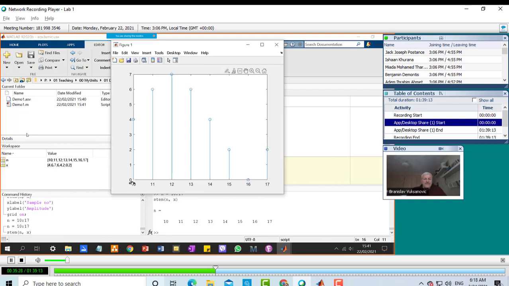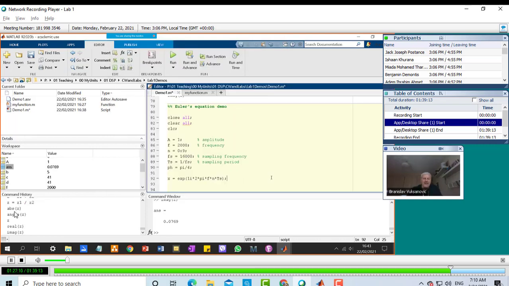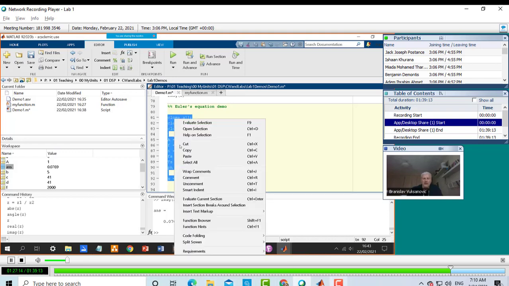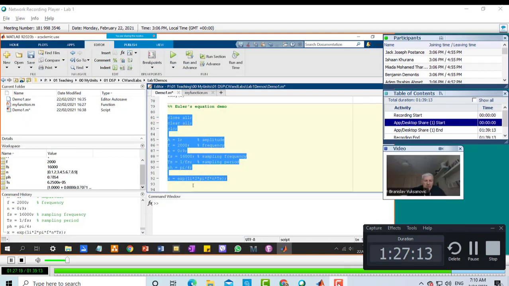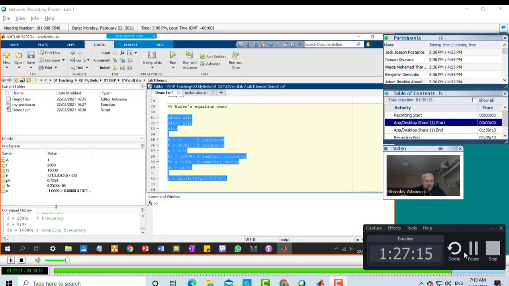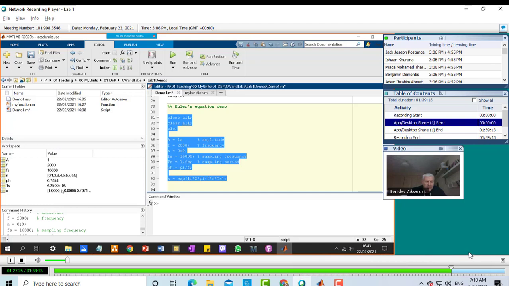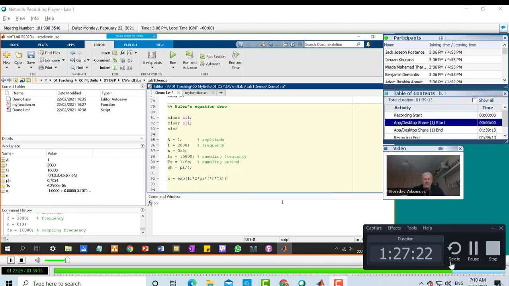So what am I trying to do here? What am I talking about? Well, those are my angles, and I'm making them complex now. So this is really the first part of Euler's equation, e to the power of j 2 pi f n ts. It should execute okay. Yes, but if I look into my x, I can see that those are complex numbers. So if I pick up now